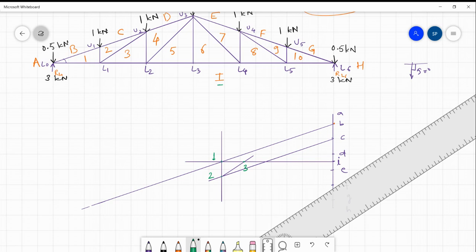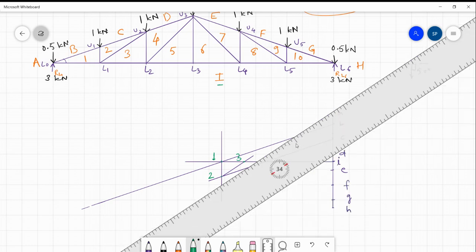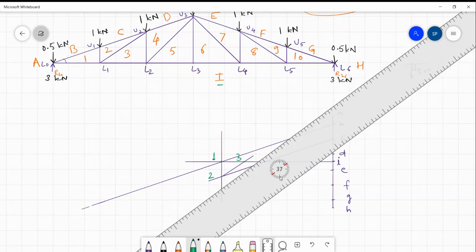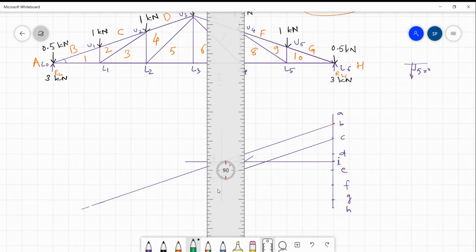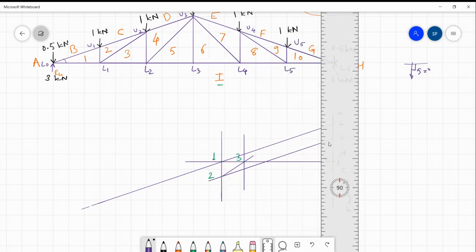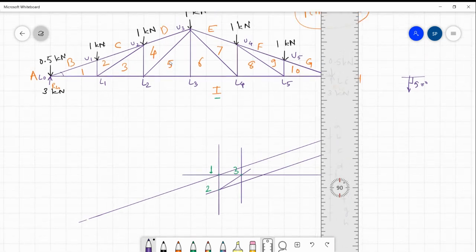So this intersection point is 3. Right? Then 3 to 4 is a vertical line. So you have to draw a vertical line passing through that point number 3. We have a second reference point that we need to decide. So first we will draw a vertical line passing through 3. Now for 3 to 4, what is the other reference point for 4? Yes, there is 5 and D.